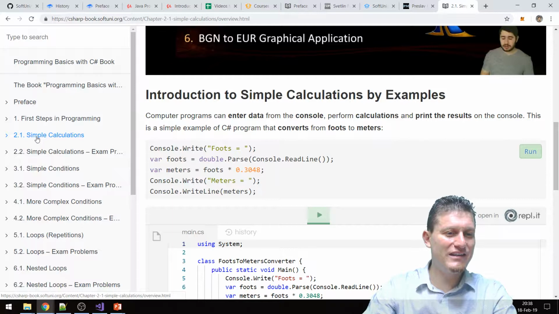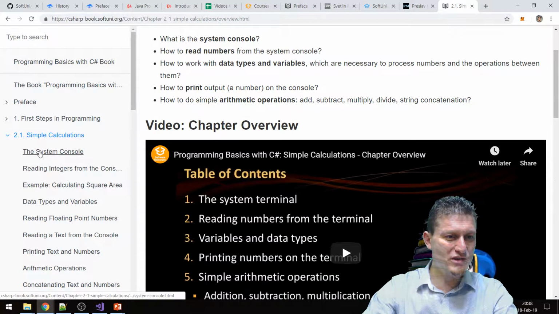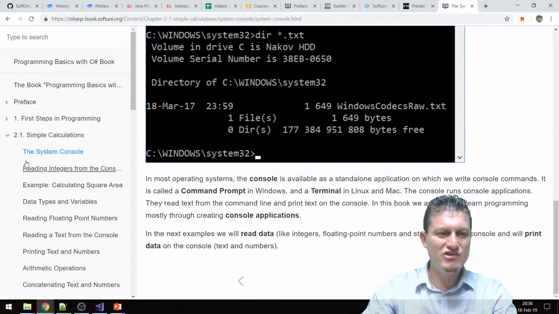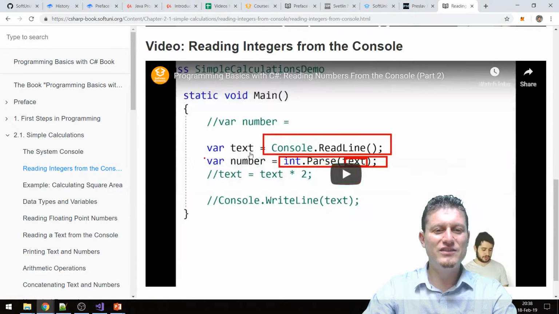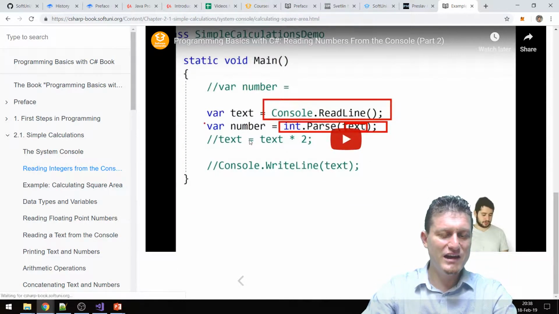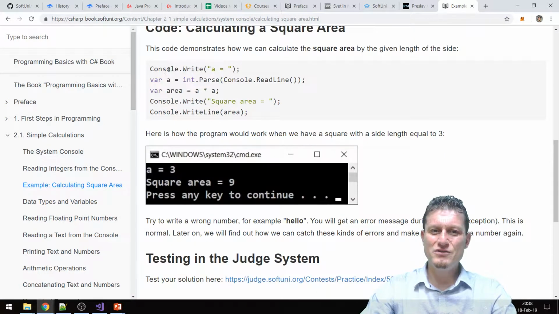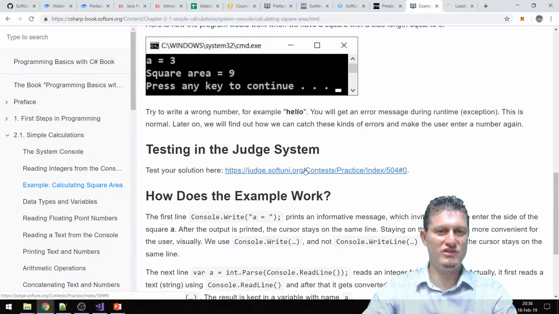So what do you have? You have a set of videos, a video book which is organized into small pieces, small lessons, and for each lesson you have videos, you have exercises, and these exercises and examples are explained in the videos. You have some ideas how to solve them, and you have this judge system.